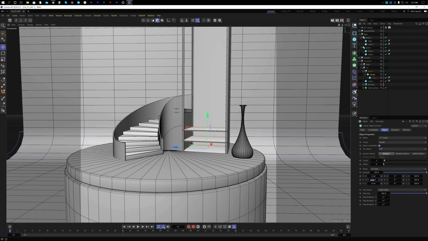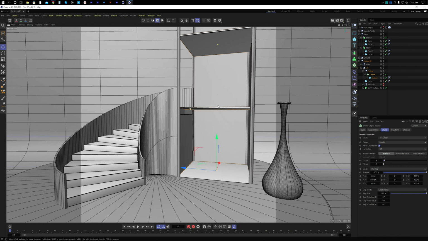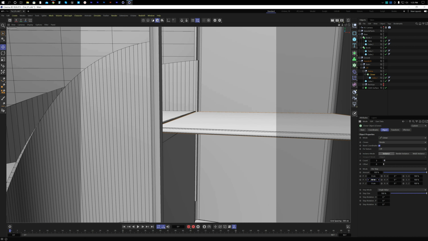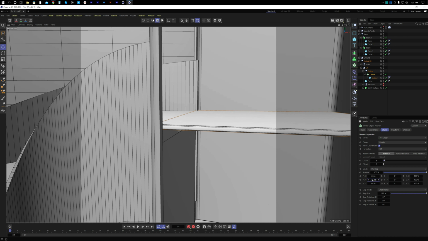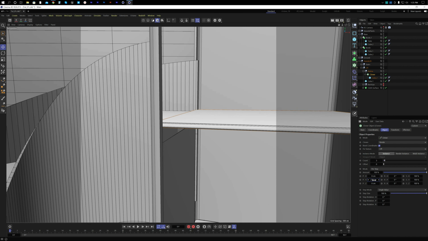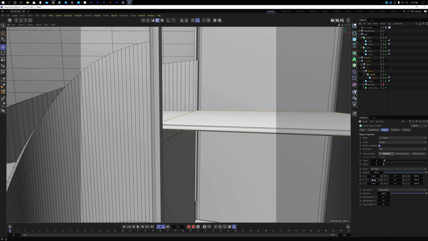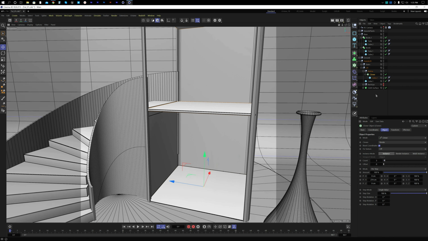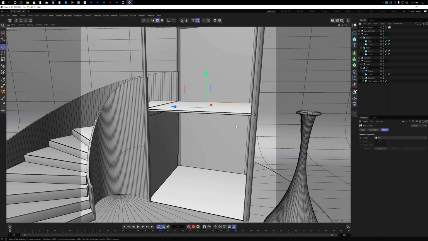We need to match the length something like this, so that it matches with the... yes, something like this. Very good. And we need more, maybe 6, and in this way